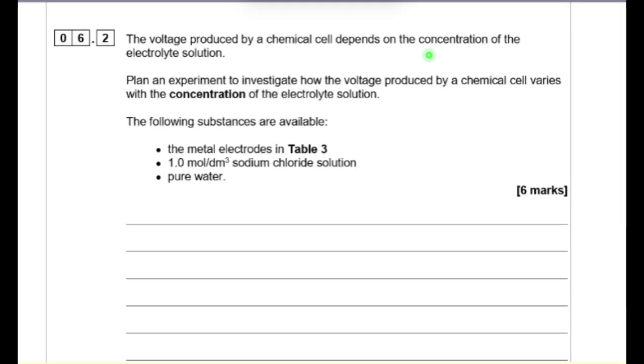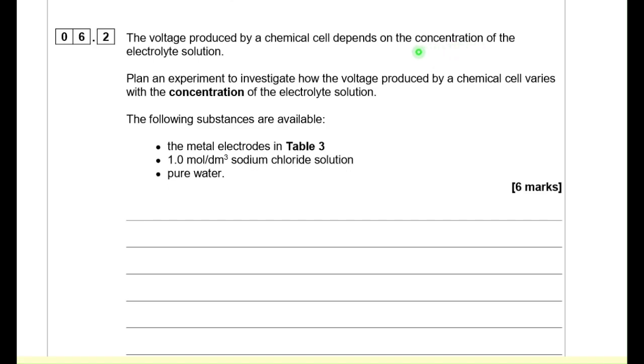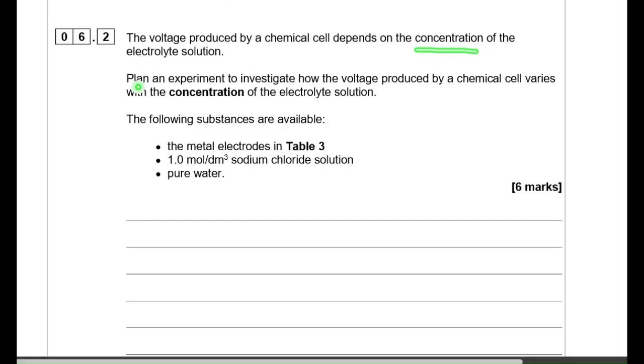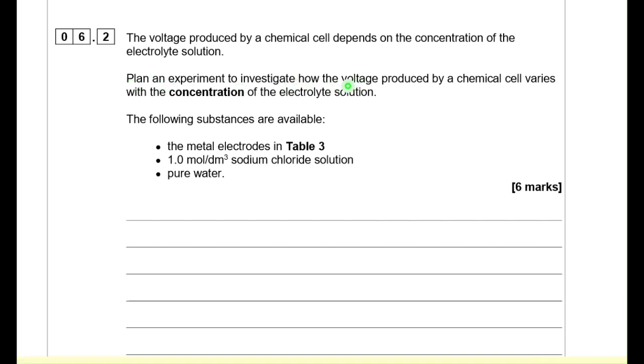6.2. The voltage produced by a chemical cell depends on the concentration of the electrolyte solution. Plan an experiment to investigate how the voltage produced by a chemical cell varies with the concentration of the electrolyte. The following substances are available. The metal electrodes in table 3, a 1.0 mole per decimeter cube sodium chloride solution, and pure water, and this